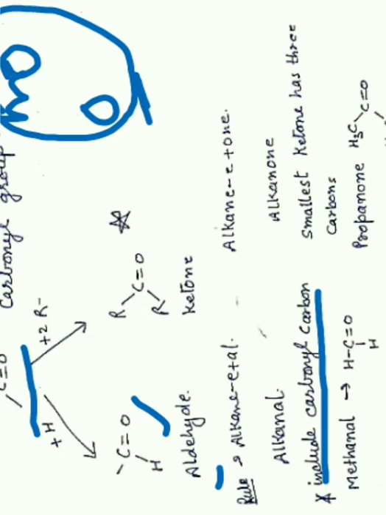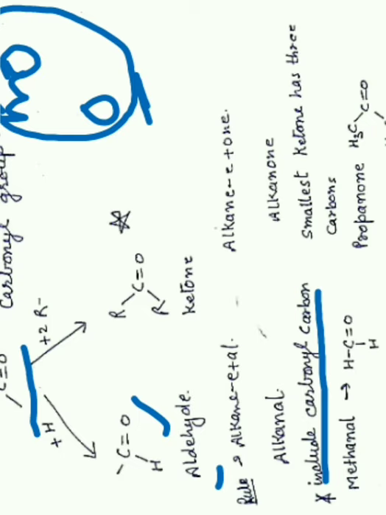So for ketone general formula becomes RCOR. R, then carbonyl. On the other valency also one more alkyl is present. Now just like the previous case, both the alkyls may be same or they may be different, but here you see carbon chain remains intact. Carbon chain does not break. ईथर में बीच में ऑक्सीजन आ रहा था, बट कीटोन के केस में कोई ऑक्सीजन इंटरवीन नहीं कर रहा है. इट इज़ अ कंटिन्यूअस चेन ऑफ कार्बन एटम्स.